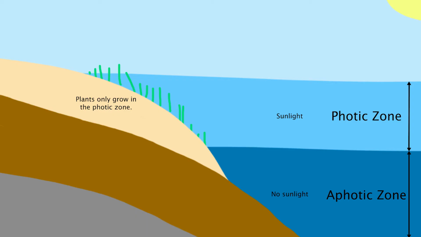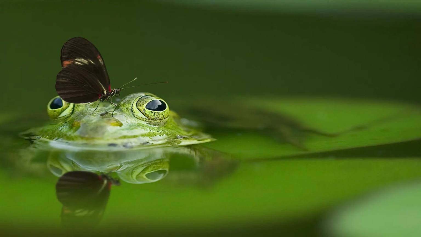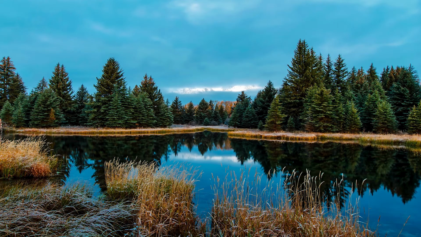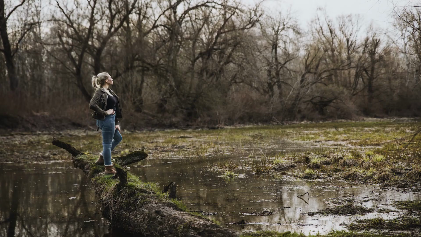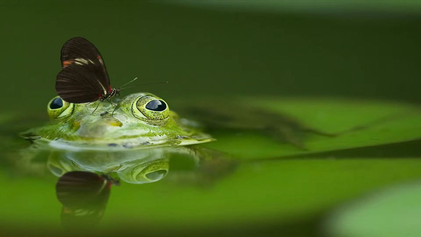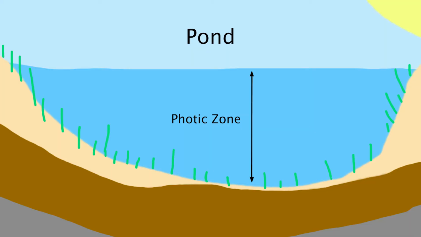The photic zone is the layer of water that sunlight can penetrate through. So, say you are fishing on an inland body of water, okay? And it's not a wetland, it's not a marshland, it's either a lake or a pond. If the sunlight can reach the bottom of that body of water at any depth, anywhere in that body of water, then it is a pond.